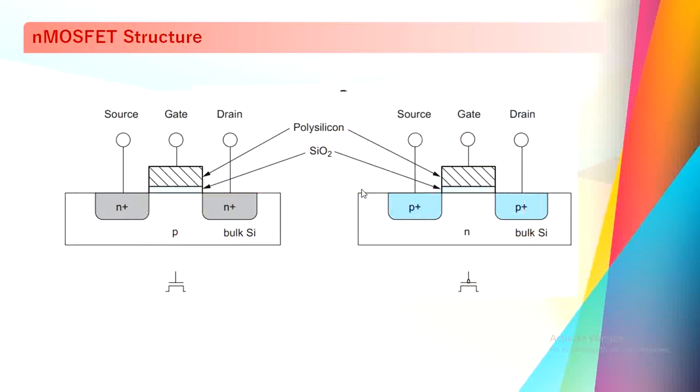So if you look at the other representation here, you can clearly observe the two polysilicon layers, here in the N transistor and also here in the P transistor. These are polysilicon layers acting as gate. Whether the transistor is of N type or P type, the polysilicon layer is the same, which will be acting as gate. Under that we will be having silicon dioxide, that is also the same.